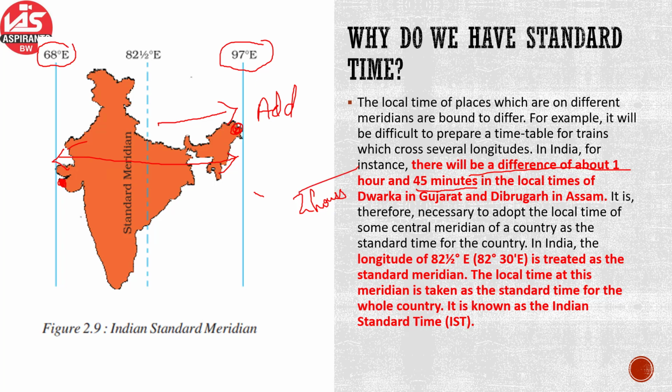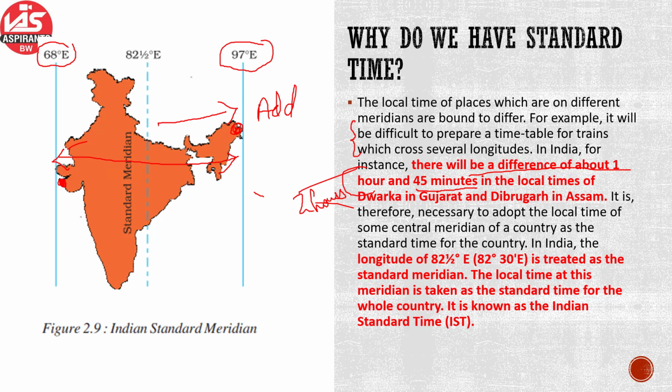So approximately 2 hours or 1 hour 45 minutes to be exact. Okay, like from Gujarat to Assam. So to remove that difficulty, because generally if everyone follows a single time, it's much easier for us to prepare things. For instance, one such example is given, if there is a different timetable or different time for all the